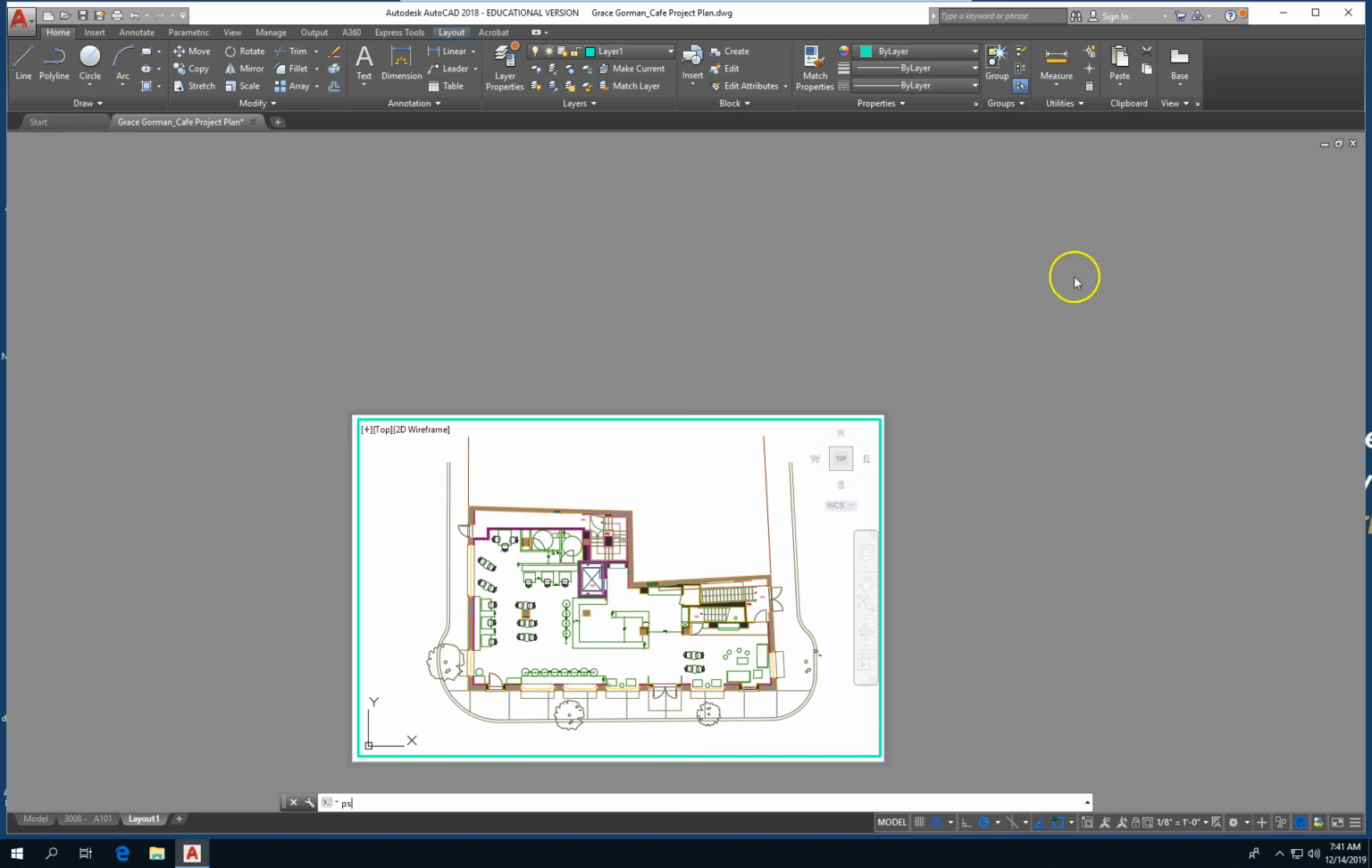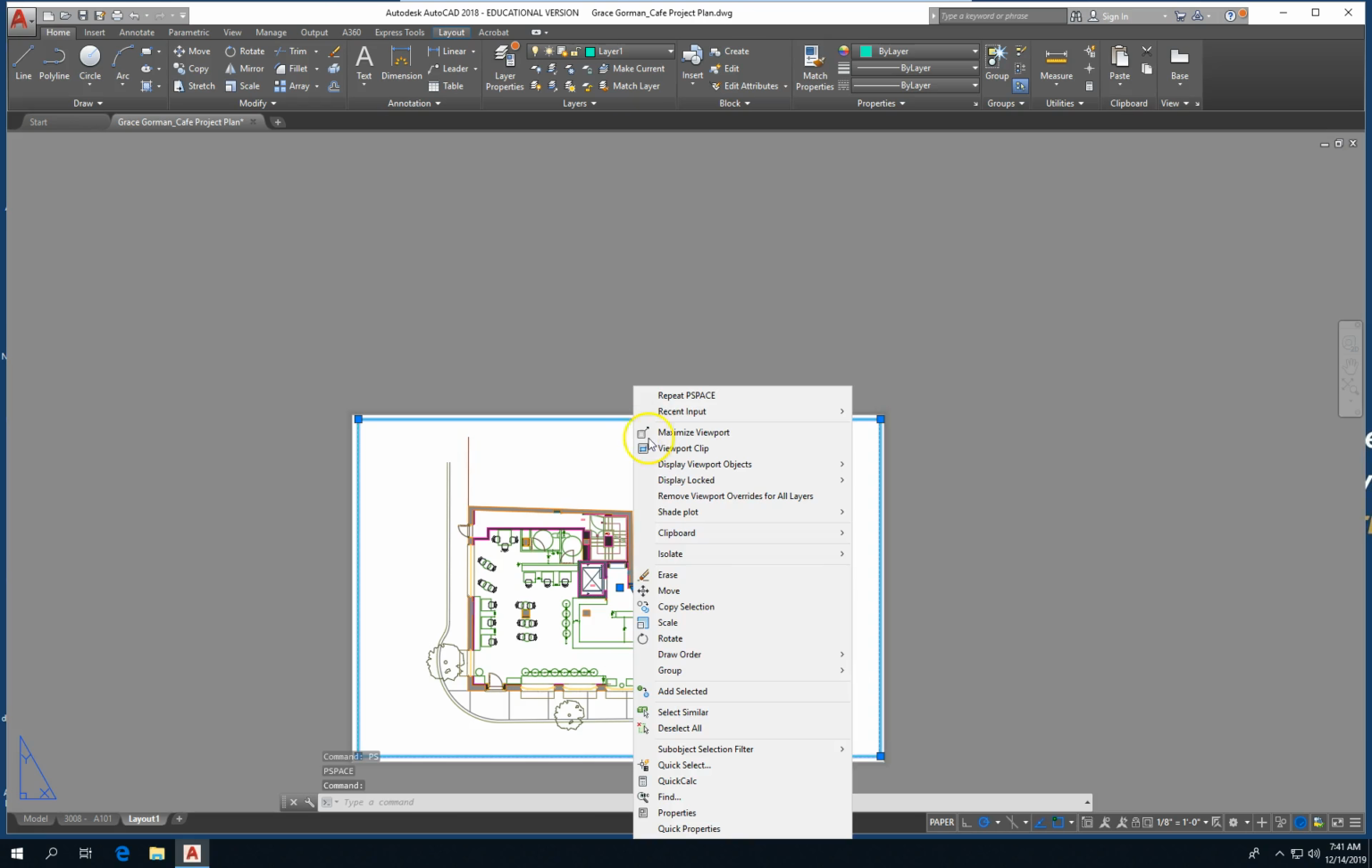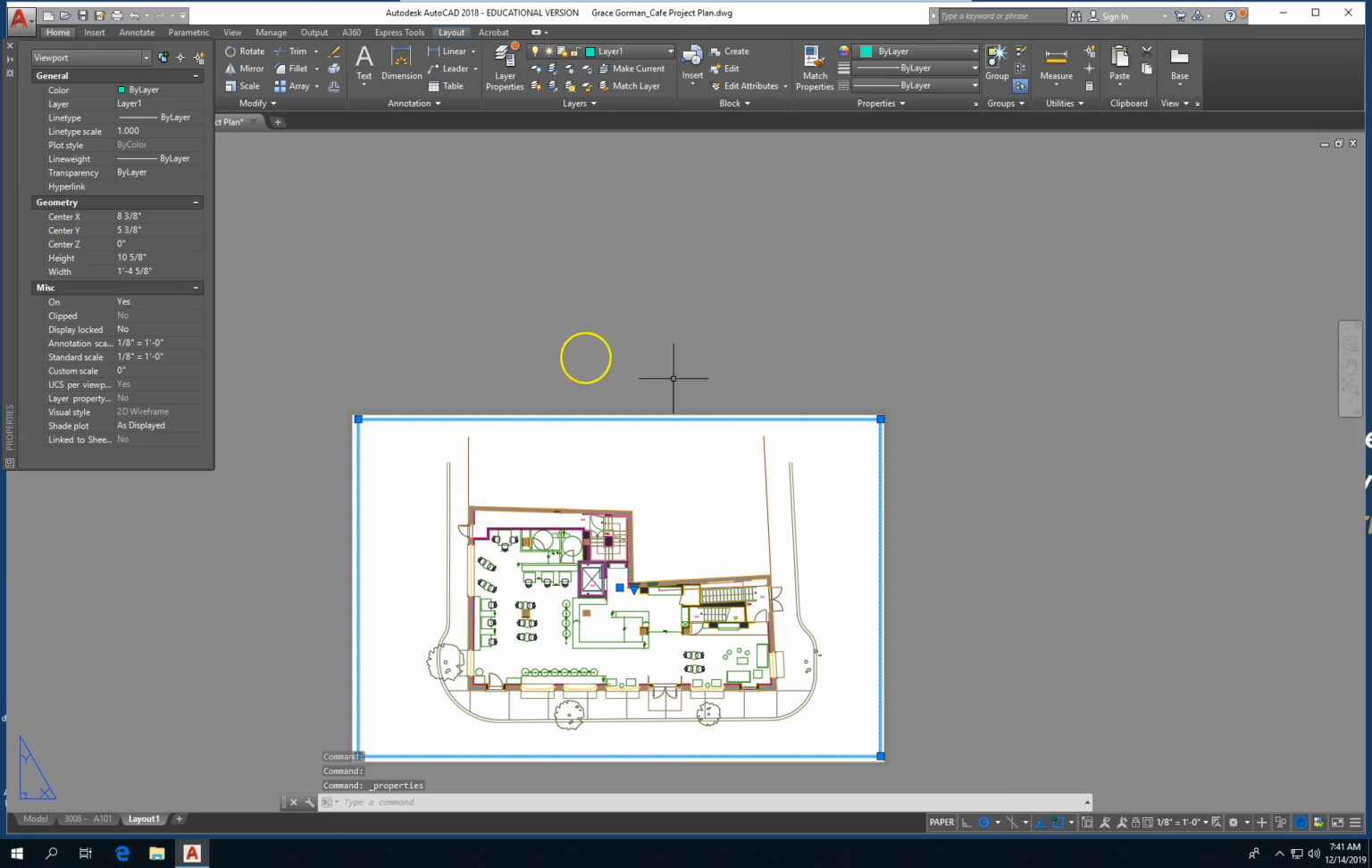Type PS, switch to paper space, and select the viewport, and let's do a quick properties and see what we're looking at. So we're looking at a 1/8 inch scale drawing that is,